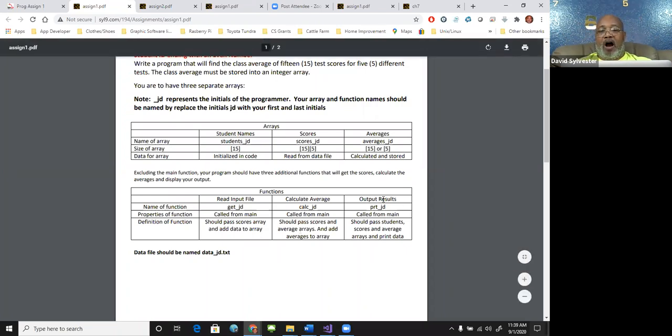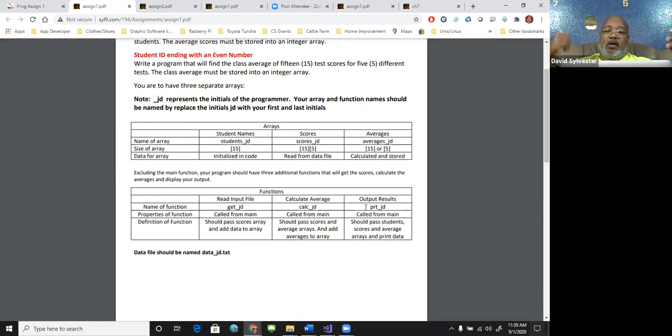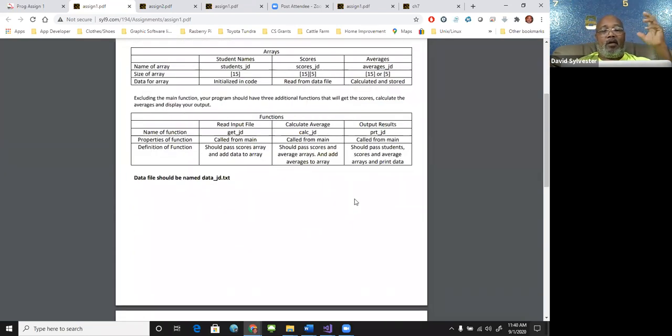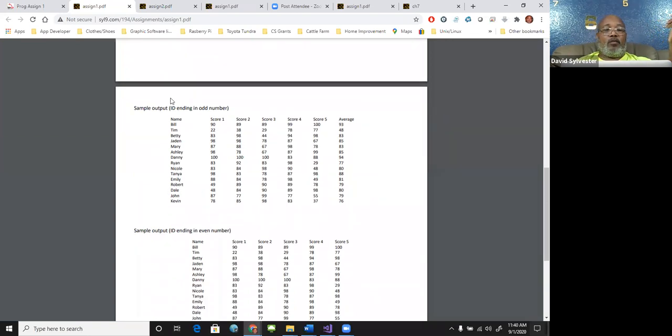But when I do my output function, now I need to pass my name array, my scores array, and my average array. Now, it won't cause any problems if you pass more arguments than you need, but you're just wasting resources. All right. So just keep that in account. But like I said, when you output this